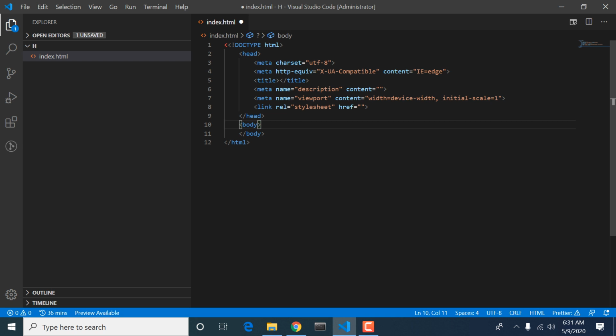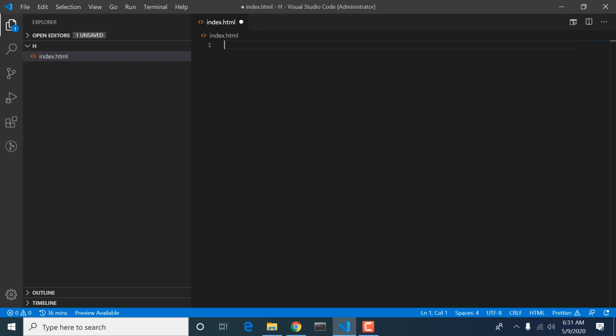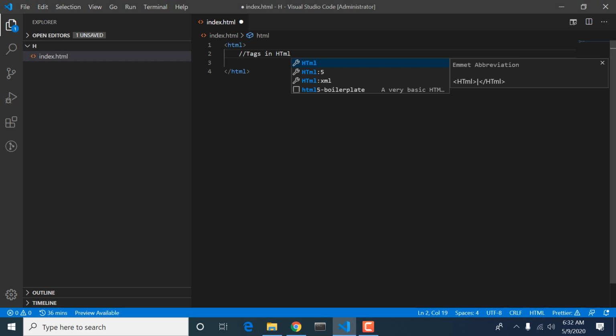So first of all, we will clear all this and just start from the basics of HTML. These things with angle brackets are known as tags in HTML, and there are different types of tags.